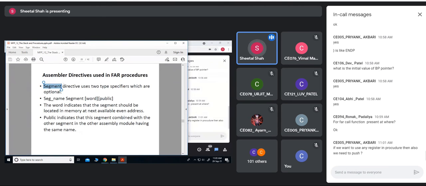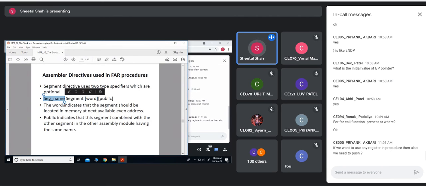So segment is an assembler directive. But this segment directive can also be provided with two type specifiers. Till now we were not using those specifiers, but now in the FAR procedure we may use them. So how to declare it, we'll see.